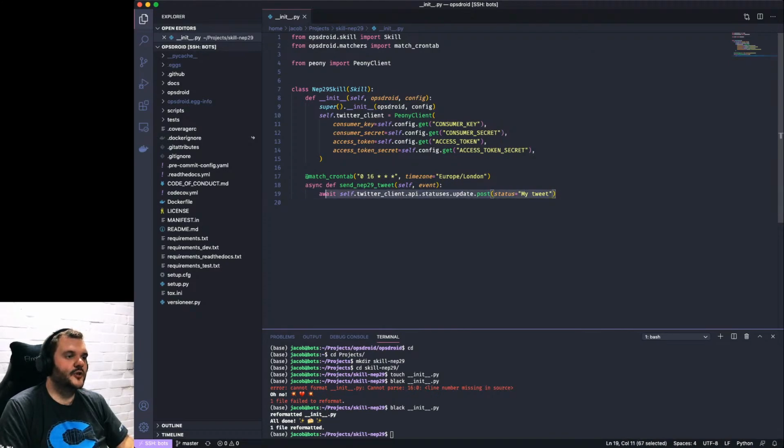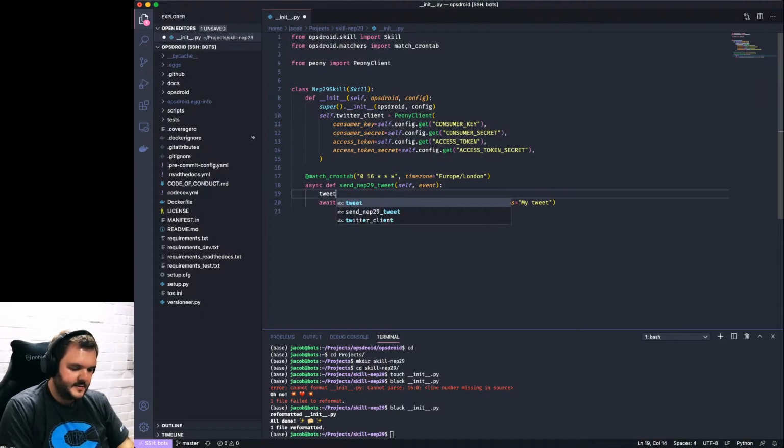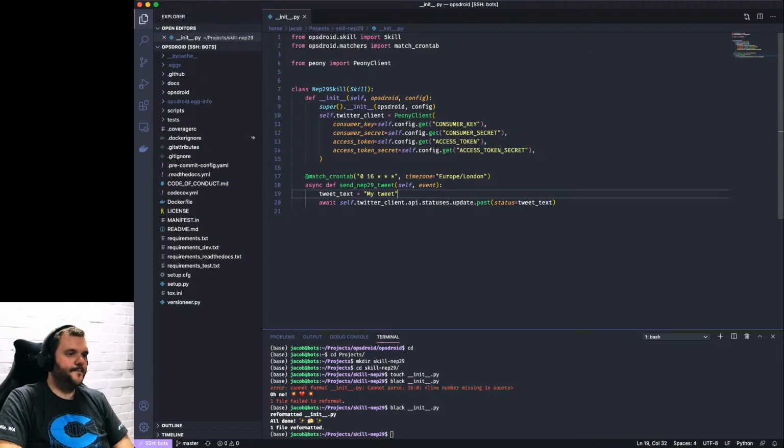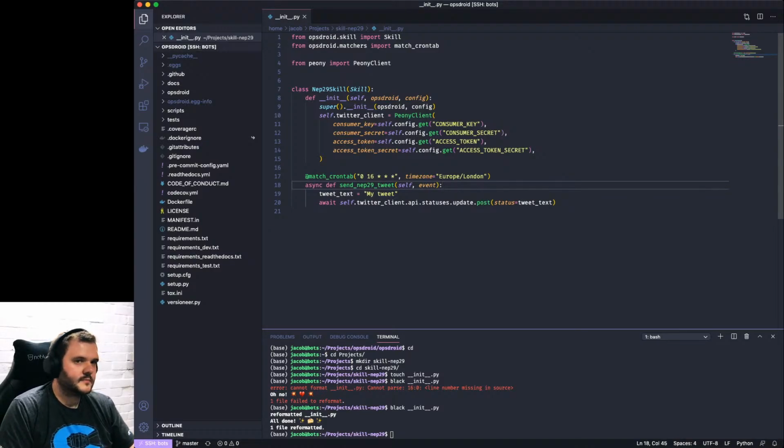So I would construct a message object and just send it. But I'm going to say tweet text x equals my tweet, just so I can change that. What we want to do is work out here.